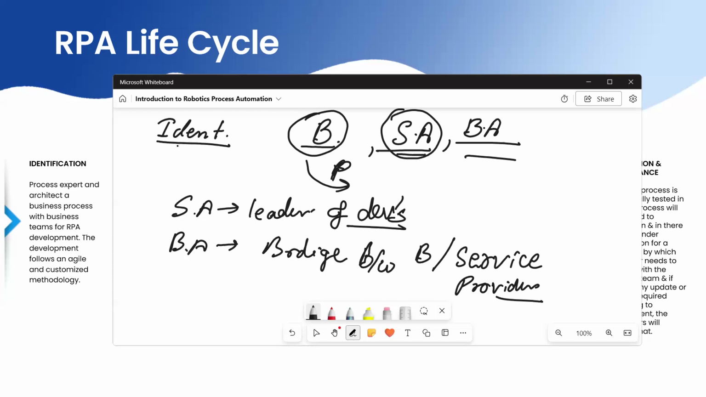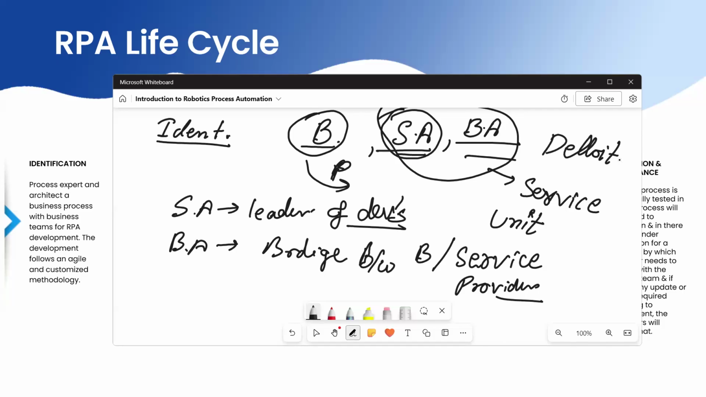So the first stage is identification. What happens in identification is that either the business comes to the solution architect and BA, or you can say these two belong to a service unit. They will come to, suppose you are Deloitte. You are a company called Deloitte, which provides services throughout the